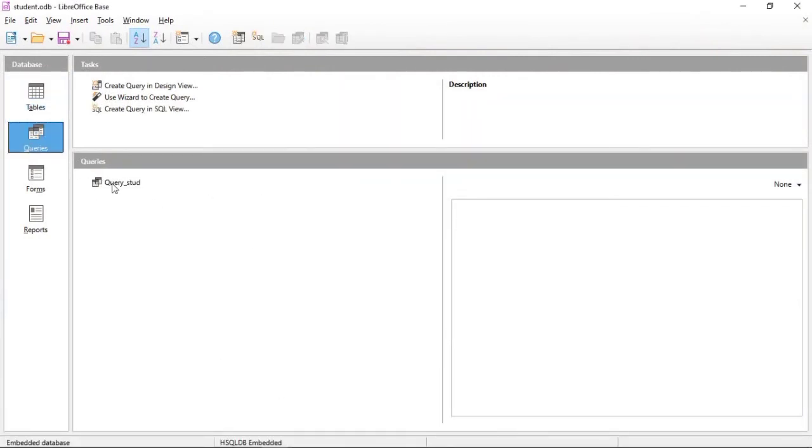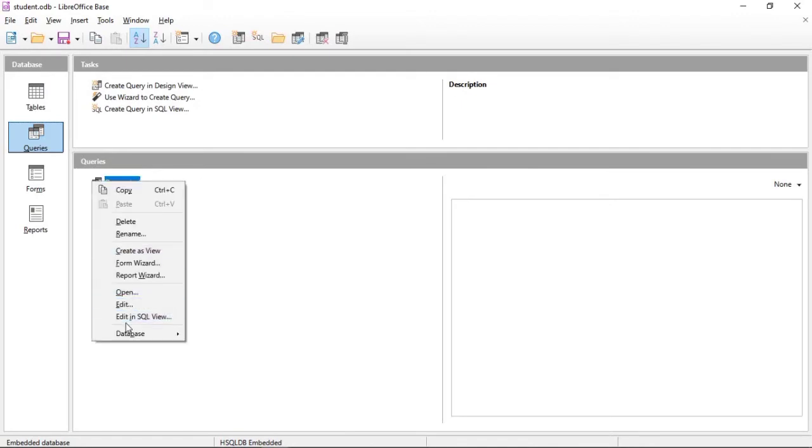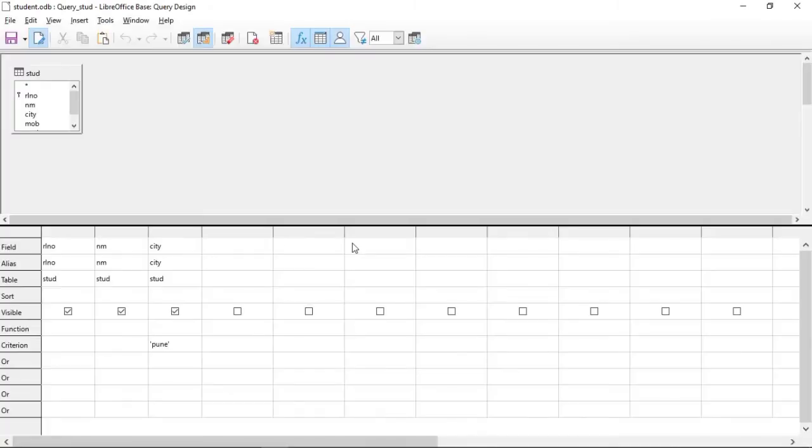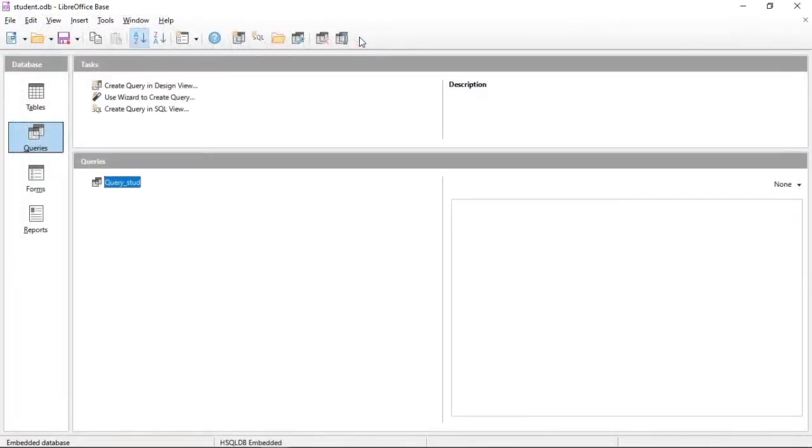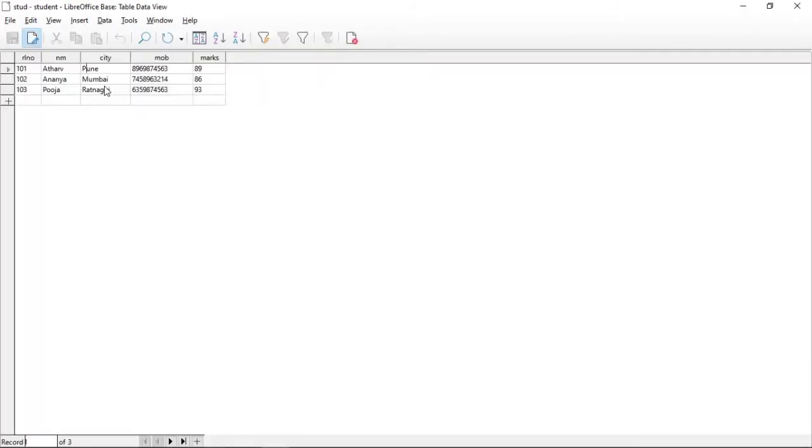So within the query, we have to edit this query. So click on the edit button, and here we have to type capital P. Again save the record, save that query, close it, and now we will run this query and see here, this is the output. Okay, so we have to always remember capital and small letters. Here, suppose we insert one more record,